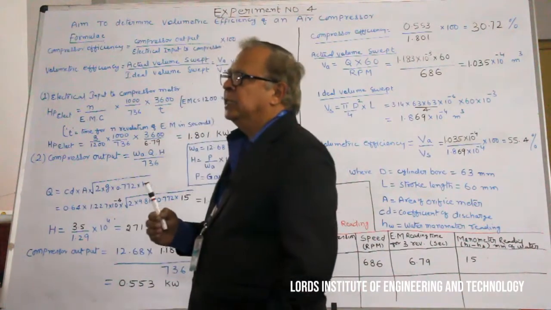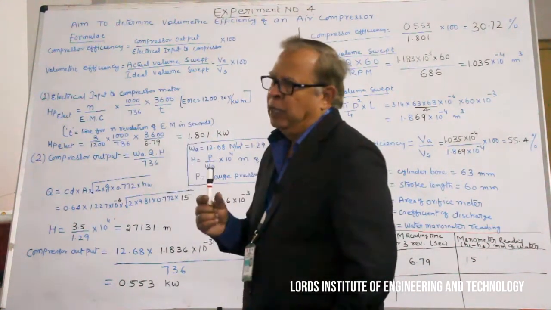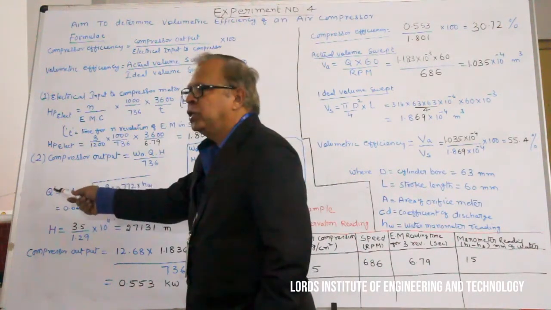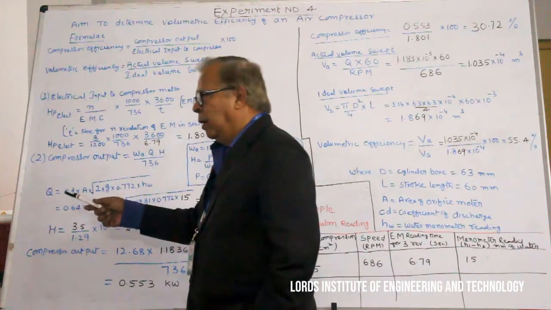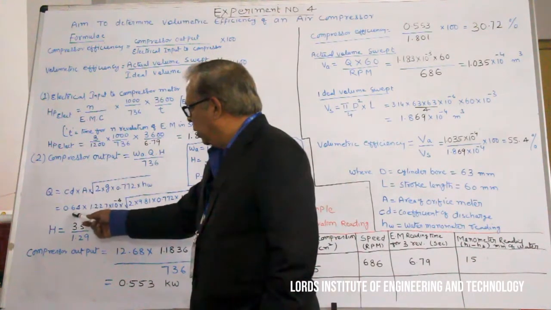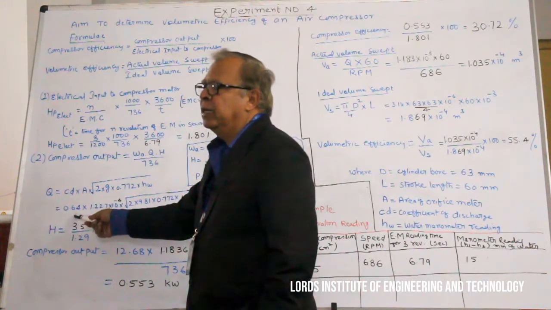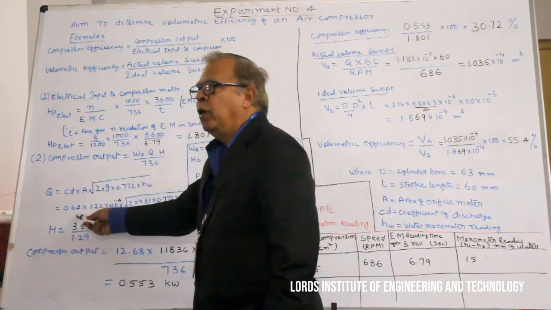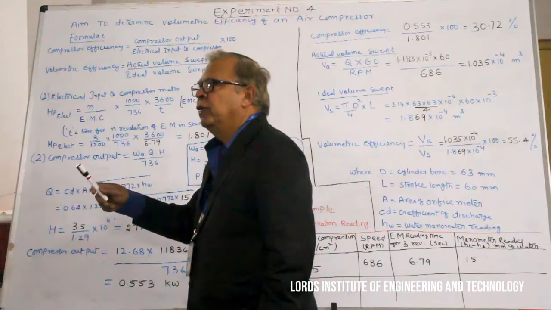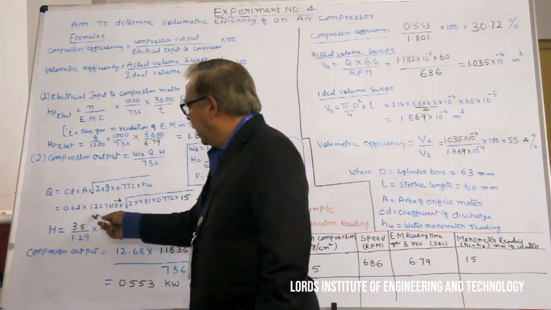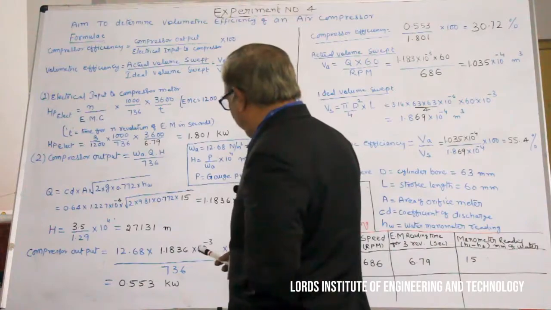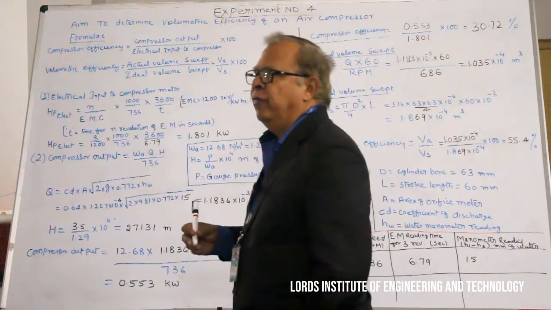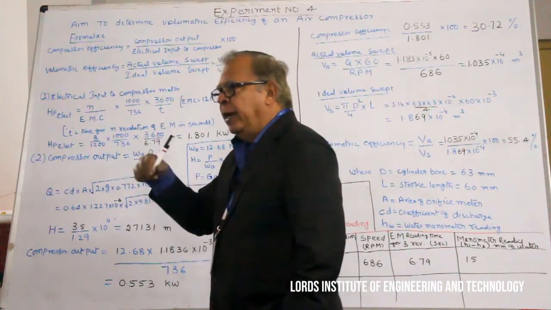CD is nothing but the efficiency of the orifice meter. We call it the coefficient of discharge of the orifice meter. This is a constant value which will be given by the manufacturer of that orifice meter. So this value is constant. CD we can take as 0.64, that means our orifice meter is 64% efficient. And A is the area of the orifice meter, which we have calculated. This is also a constant because he has given 12.5 mm as the diameter of the orifice meter.